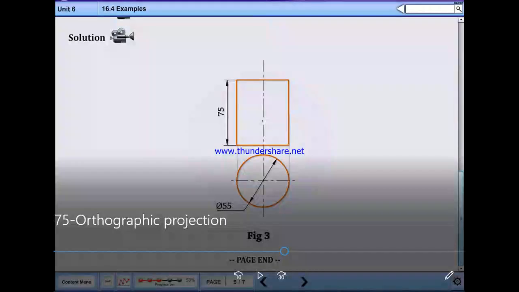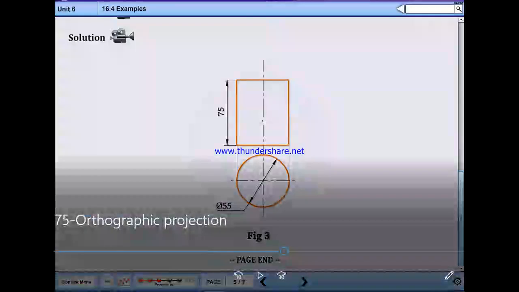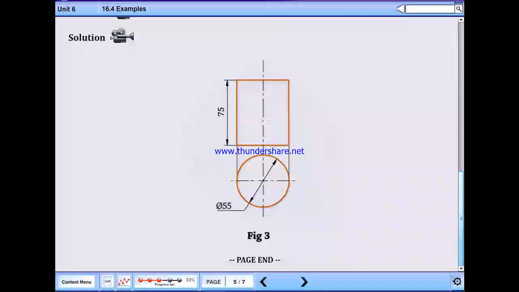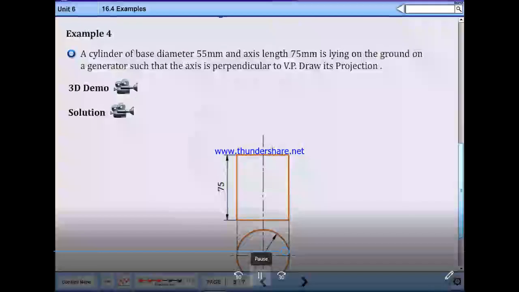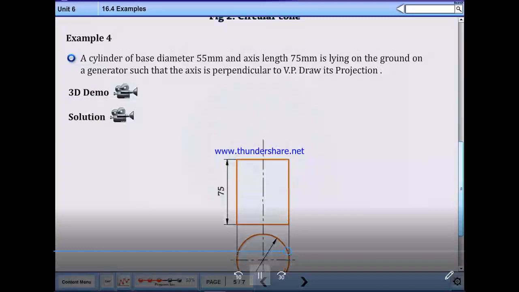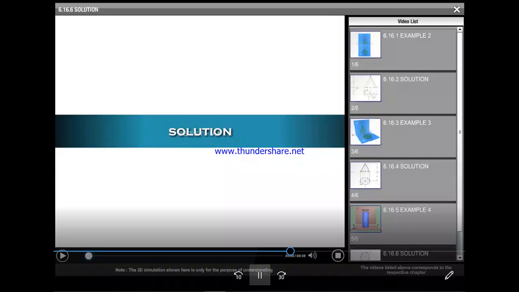Again, see the previous solution. Figure, note down. Solution to example problem 4.